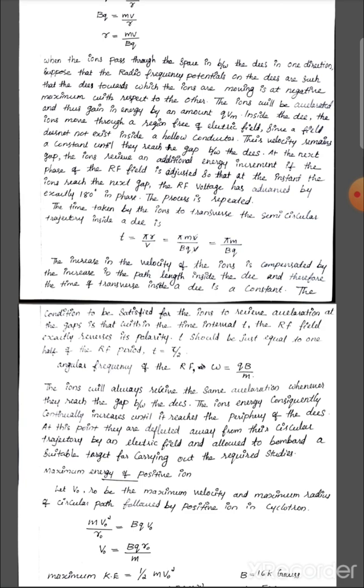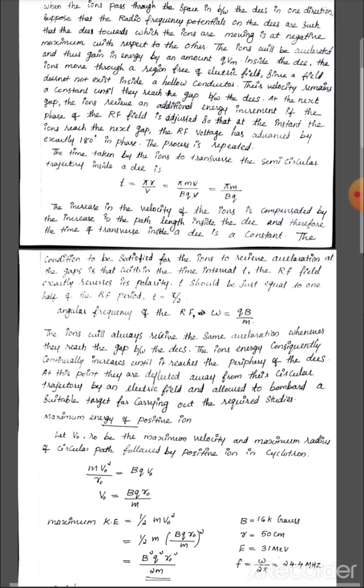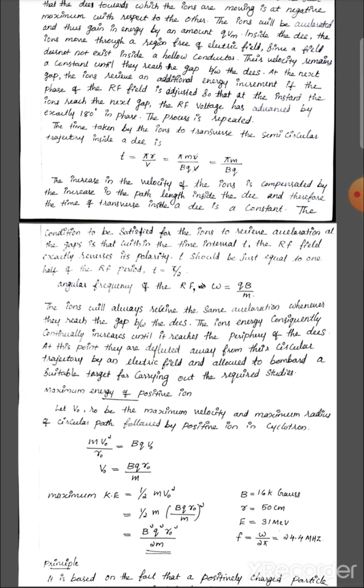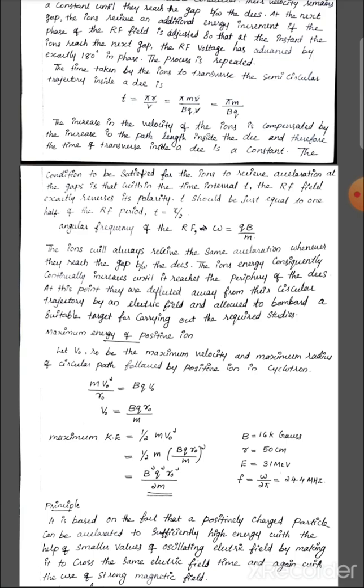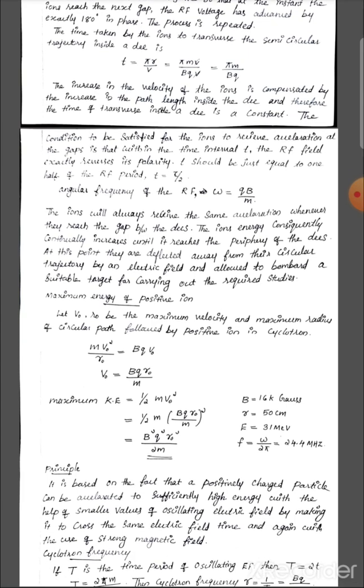between the disks. At the next gap, the ions receive an additional energy increment if the phase of the RF field is adjusted, so that at the instant the ions reach the next gap, the RF voltage has advanced by exactly 180 degree in phase. The process is repeated. The time taken by the ions to traverse the semicircular trajectory inside a D is small